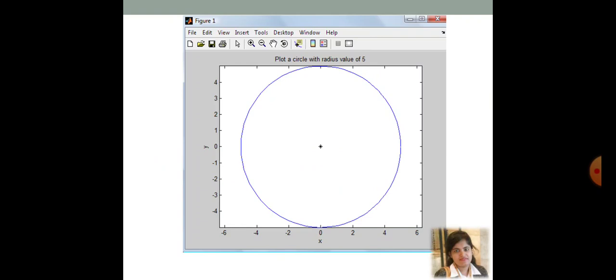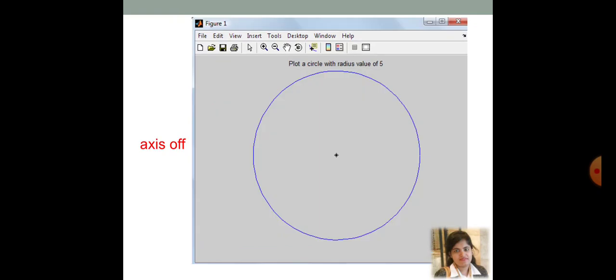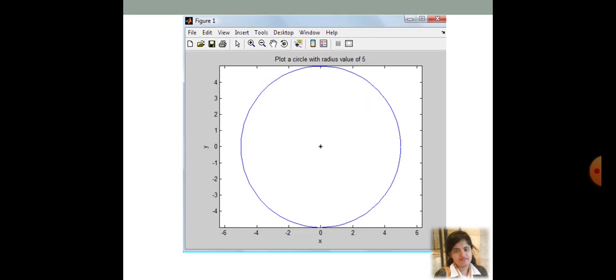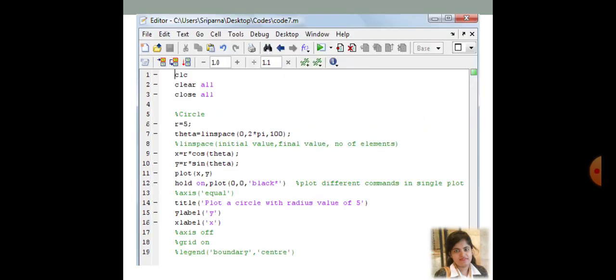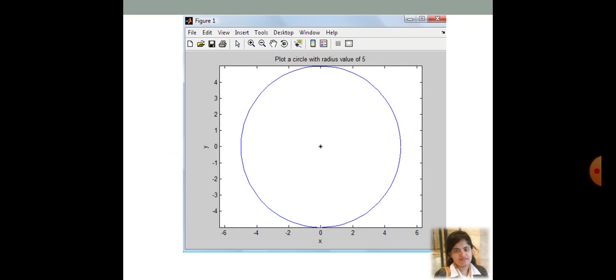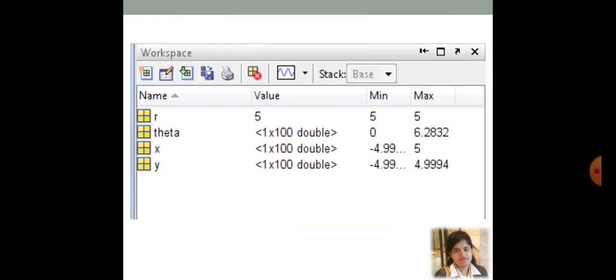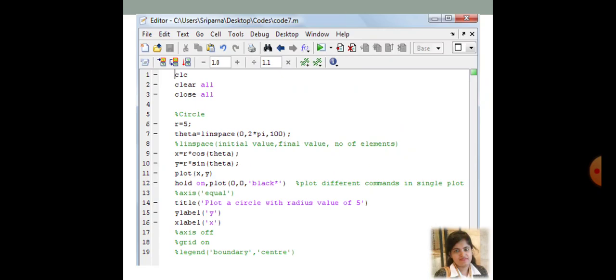So I haven't done that. I hope you are going to take it as an assignment and do it. Just do it and check whether you are going to get equal axes on both sides or not. Sorry, I have just told you, if you want both axes to have equal size, then it's not axis on, it is axis equal. You need to remove the percentage sign from the line number 13, and then both the axis sizes will be equal. So that is the function axis equal.